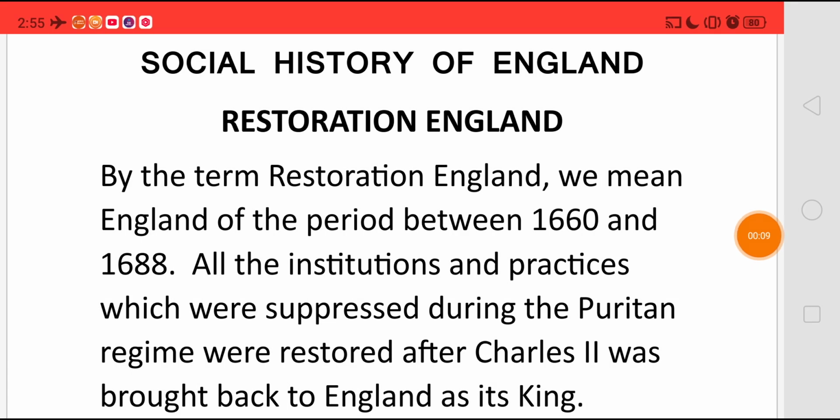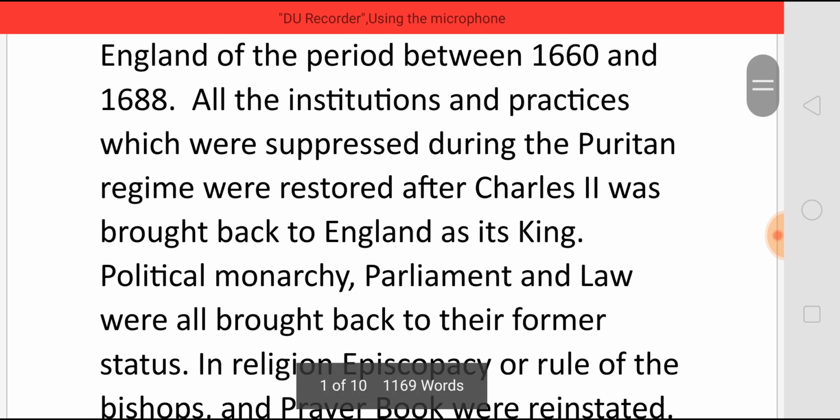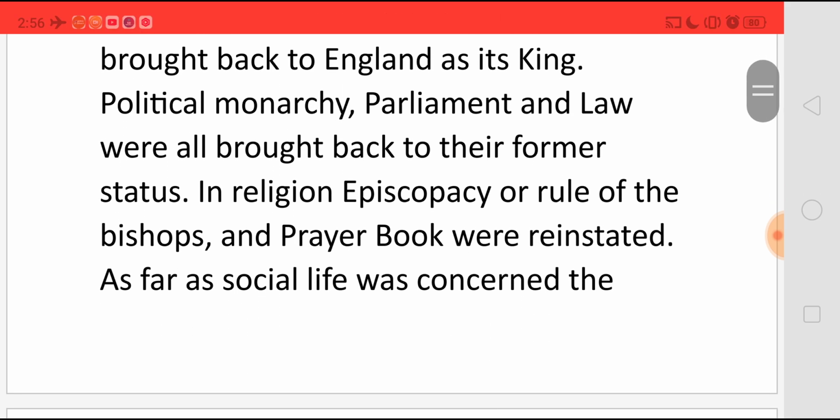The Restoration period spans from 1660 to 1688. At this time, what all was stopped and what all was closed, everything was restored, and that was the period of Charles II. He was brought back as the King of England in 1660, and the monarchy, parliament and law, everything came back to its former status, and even the rule of the bishops, that is the episcopacy, and the prayer book were